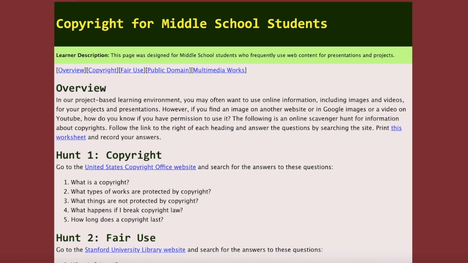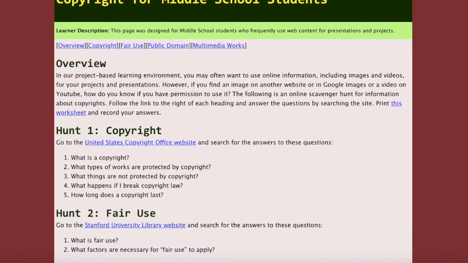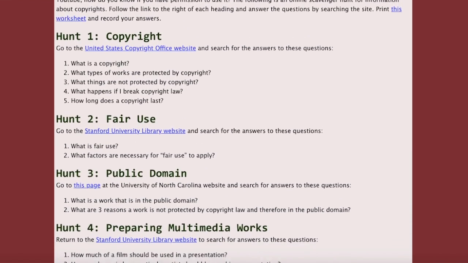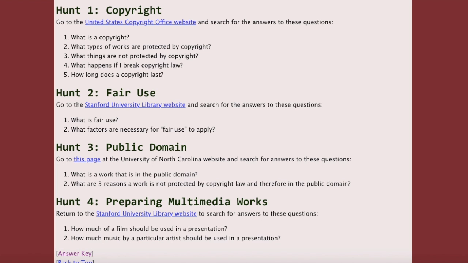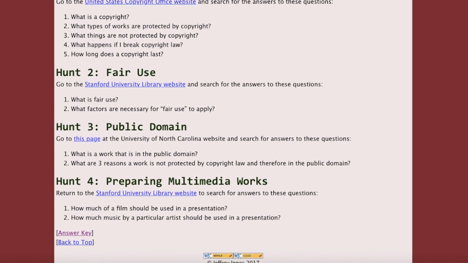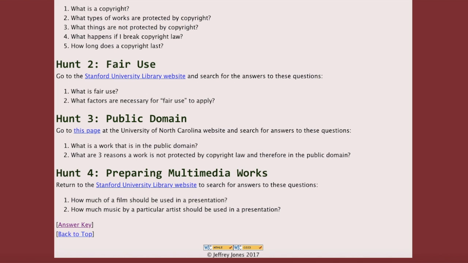And third, in EdTech 502, I created a copyright scavenger hunt. This artifact highlights my ability to create learning environments guided by ethics. The scavenger hunt requires learners to search for answers to questions regarding copyright, fair use, public domain, and preparing multimedia